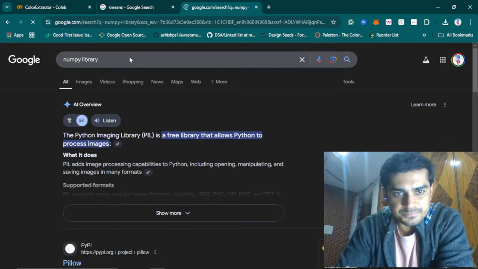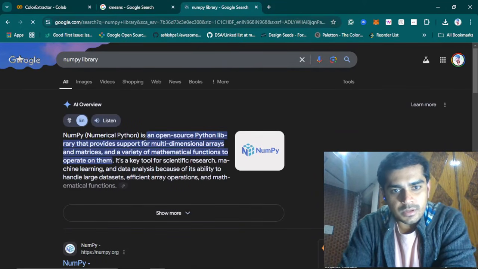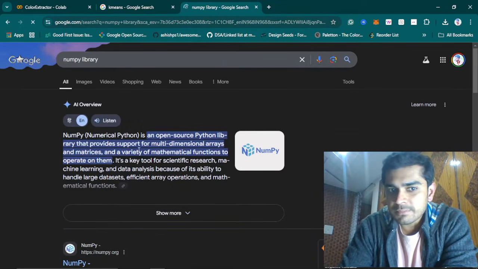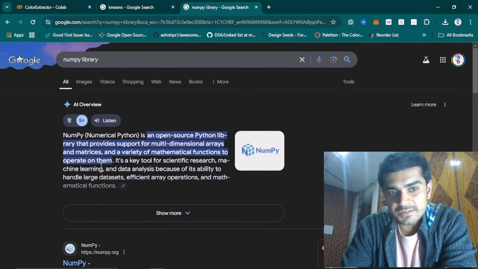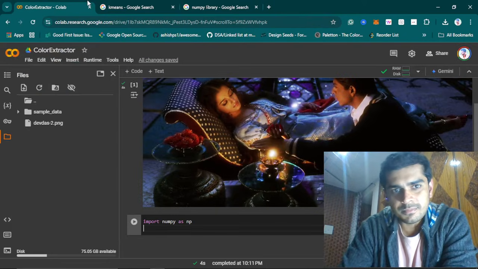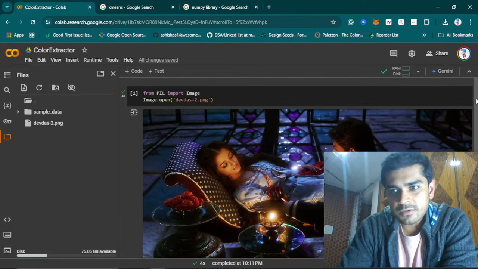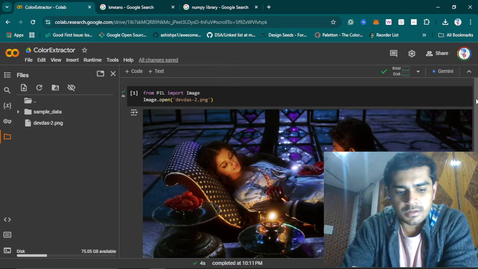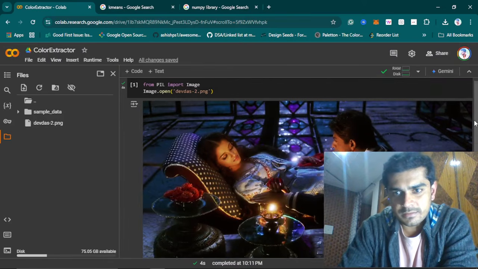So the NumPy library is an open source Python library that provides support for multi-dimensional arrays and matrices and a variety of mathematical functions to operate on them. So why are we using NumPy? Obviously, there is a use of KMeans. That's why I have opened a KMeans tab to explain. So if we look closely